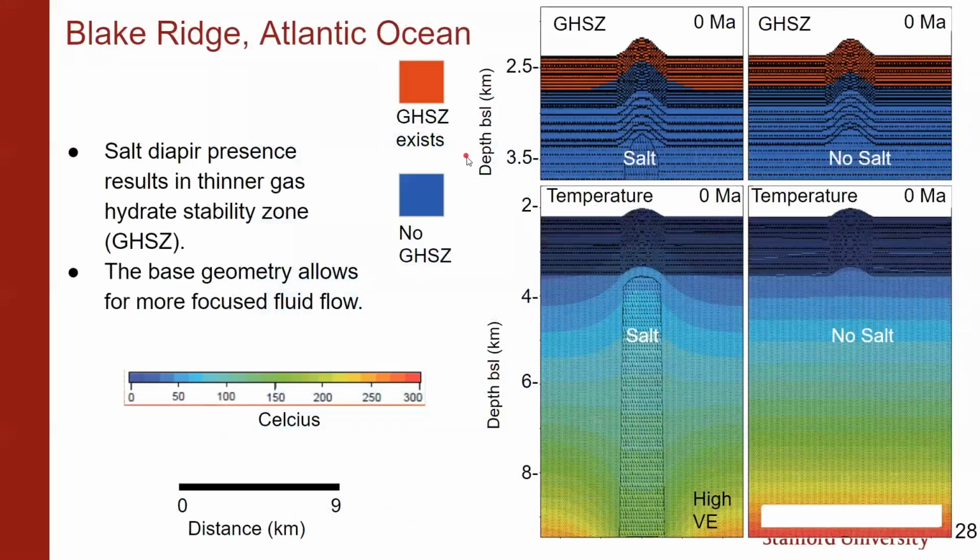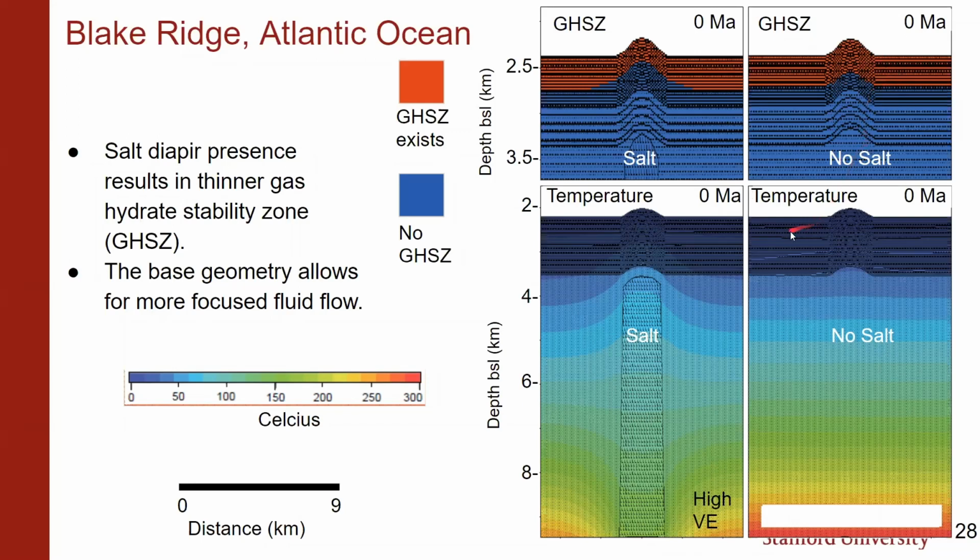We'll take a look at Blake Ridge Atlantic Ocean. So this is the 2D model created where we have the stability zone in red and then not stable in blue. And the difference between the salt model and the no salt model is that this shape here induces more focused fluid flow because it is actually steeper and you have more opportunity for gas capture. Although here it's not flat, here the base of the stability zone follows the seafloor because it's actually closer to the seafloor, which is a strong upper boundary